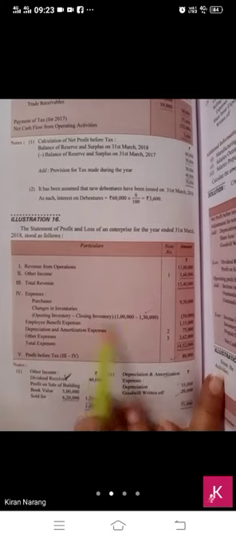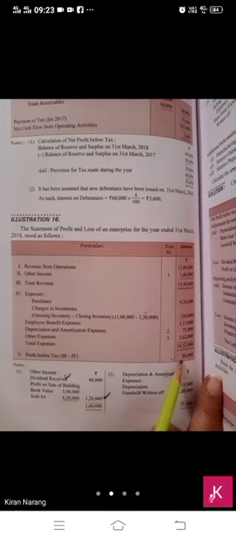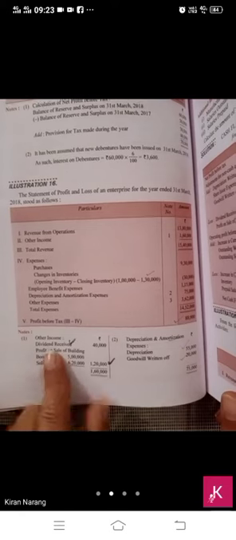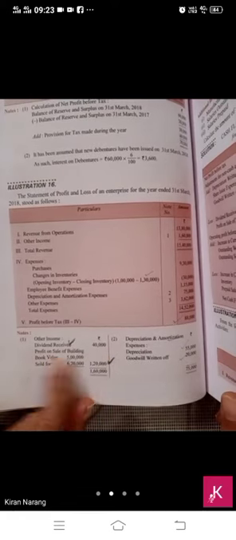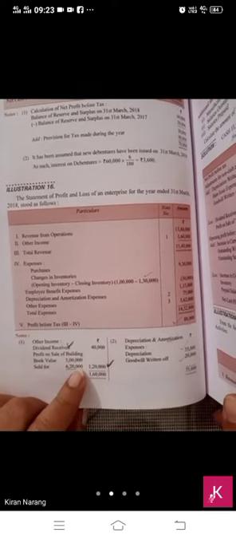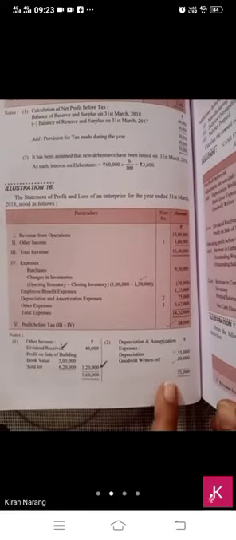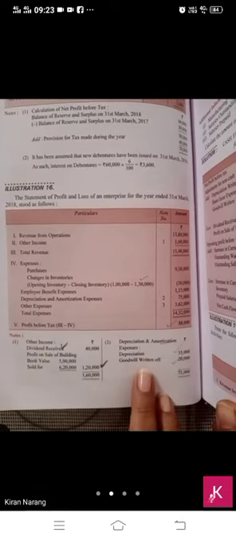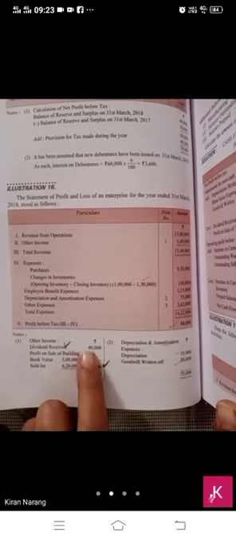From the profit and loss, we will take two things: profit before tax and increase in the inventory, because for other items notes are given. So we will consider the notes first. Other incomes: dividend received, it will be subtracted, बच्चे. Profit on sale of building, it will be subtracted. Both items come under operating activity and they will be subtracted. Depreciation and goodwill write-off, both will be added. If you know the format, you know that in this profit you have to add depreciation and goodwill write-off, and you have to subtract the dividend received and profit on sale of fixed asset.